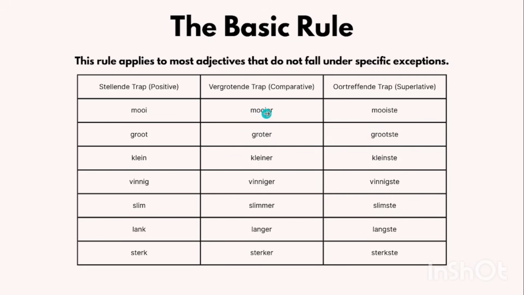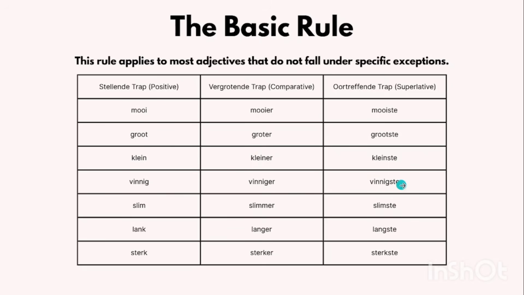Now, if you're asking why mooi did not lose one of its letters, it's because the OOI is one sound. It has to stick together at all times for it to work. Whereas this one is double A, double E, double O. That's all that it applies to, so it doesn't apply to diphthongs. All right. Next one: klein, kleiner, die kleinste.